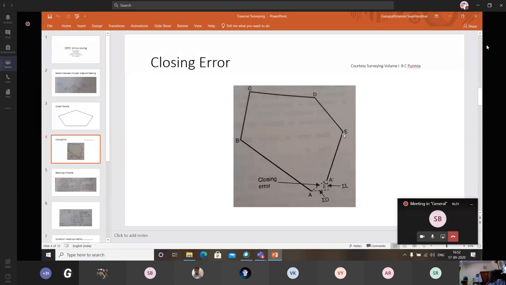Sir, error is beyond human control, sir. Mistake? It is due to human carelessness, sir. Negligence of a human being. Okay. A mistake is one which can be rectified. An error is one which is beyond the purview of the observer. Why does such an error happen here? What is the reason for this error? What could be the reason for the error?